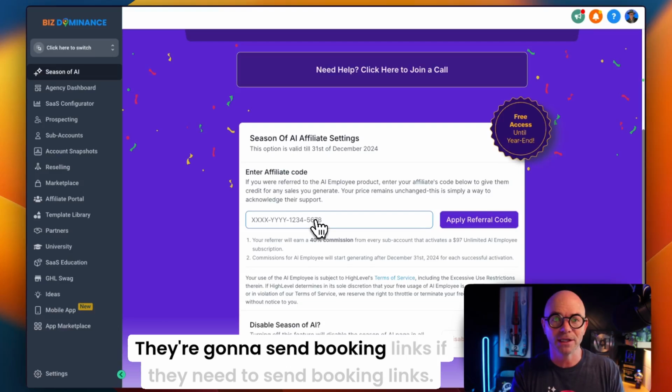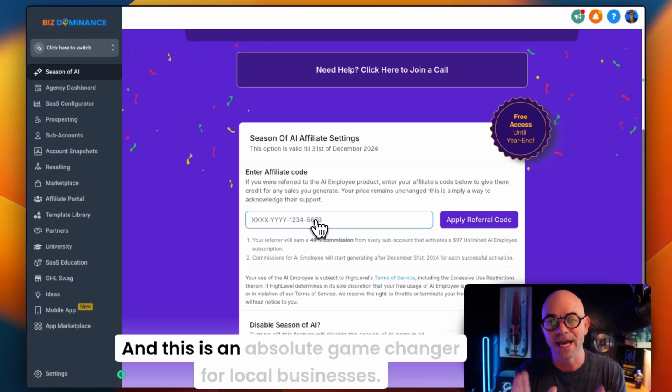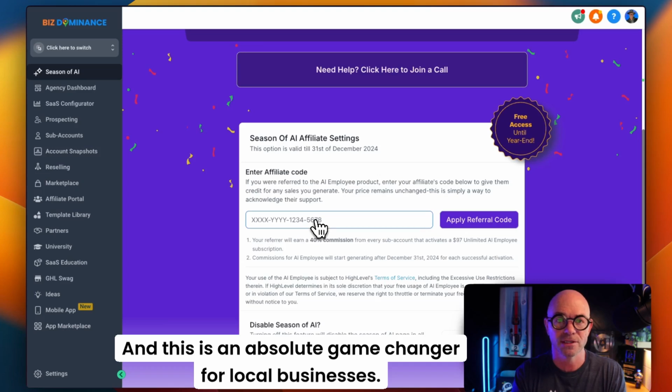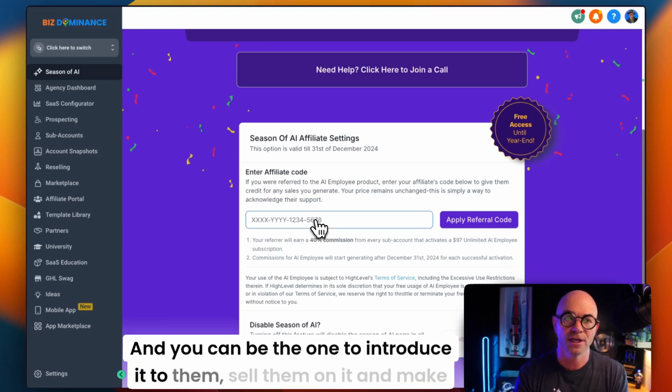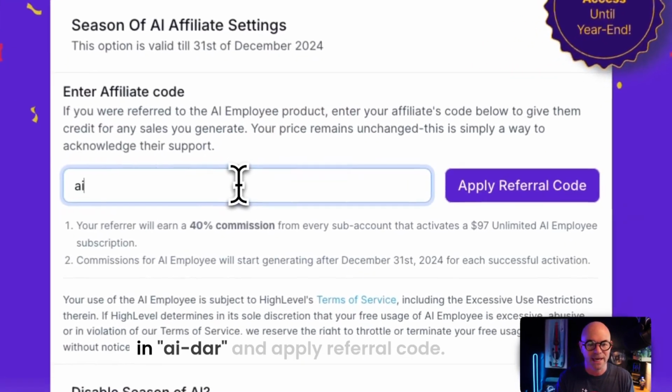They're going to send booking links if they need to send booking links. You can literally set it up to do anything. And this is an absolute game changer for local businesses. And you can be the one to introduce it to them, sell them on it, and make easy recurring revenue from that. All you're going to do is you're going to go right here and you're going to type in